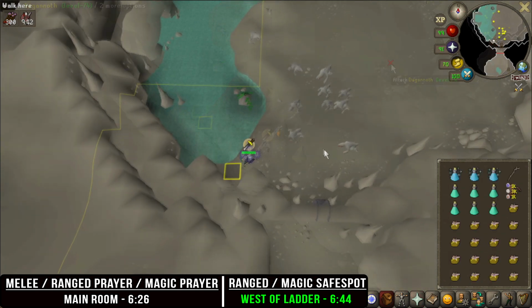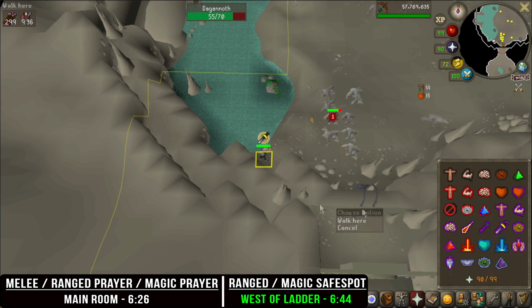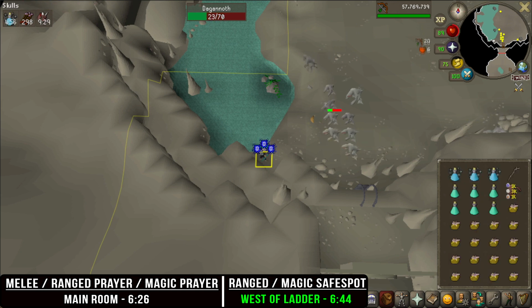Just get a whole bunch of Dagannoths aggressive onto you by running around the room with protect from melee on, and then stand on the floor tile that I marked. The ranges are super inaccurate, so it's kind of like a safe spot. But yeah, just drink your stat boosting potions, turn on the prayer that you want, have auto retaliate on, and